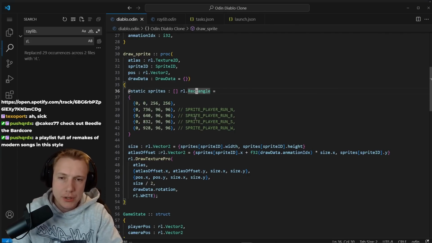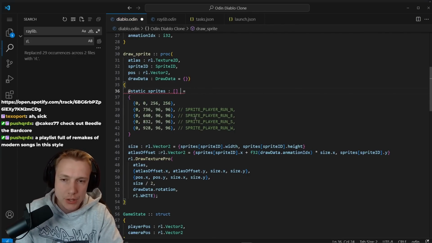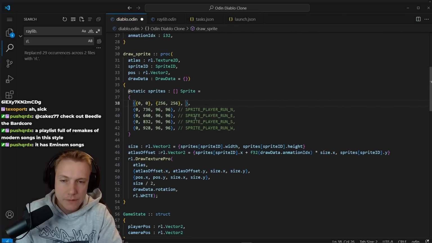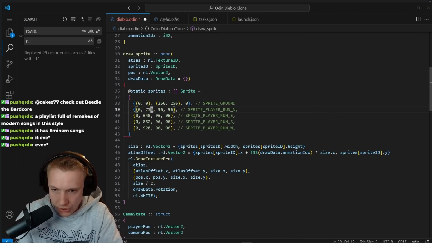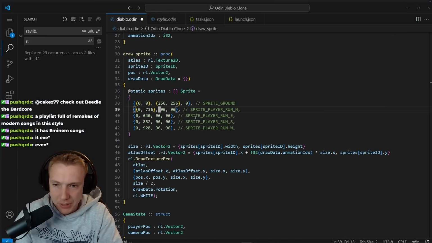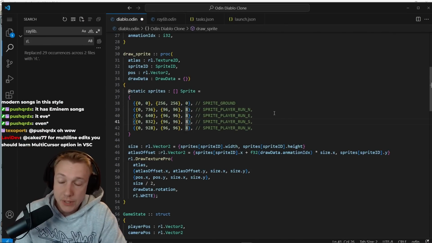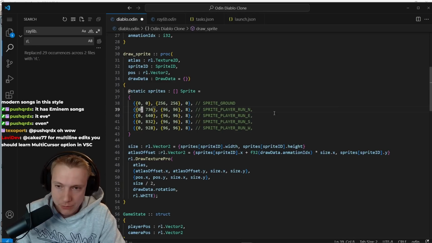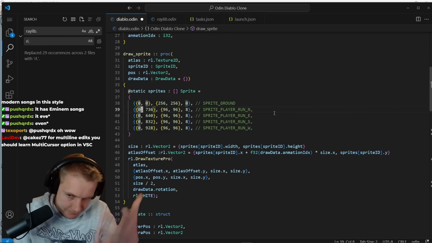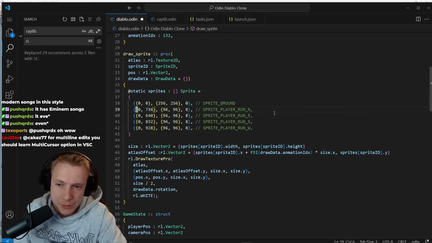Instead of returning a rectangle, we just return a sprite. Then the first part is vector2, offset, size, and then the frame count of 0. And this is sprite ground. Man, this is so cool. Look, it works just like in C++. I mean, Gingerbell, the creator of Odin, he knows what programmers want. Or at least what I want. Maybe some other programmers want something else, but